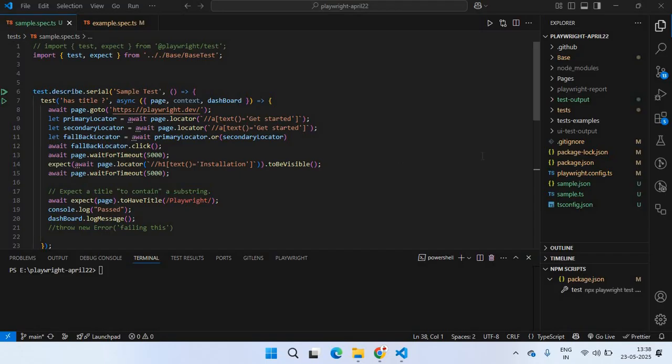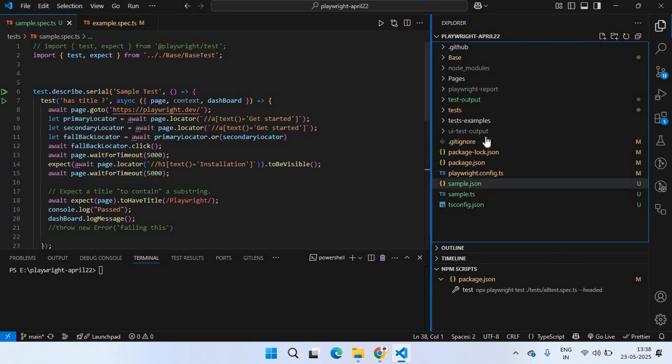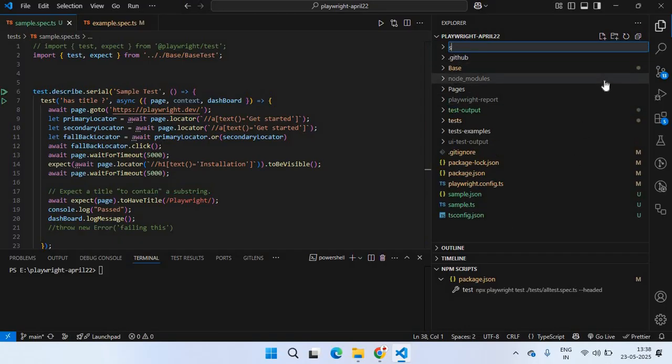If you see in my last video also, we have created a pages and base folder, right? These folders. So in future we may need to create some more folders for data or some other things, etc., right? So what will happen, the framework looks a bit weird to see all the folders in a single directory. So let's make it very easy to look. For that you just have to create a folder called src,